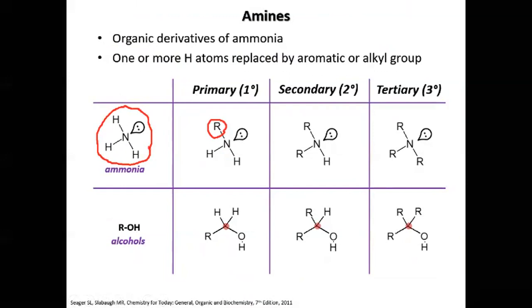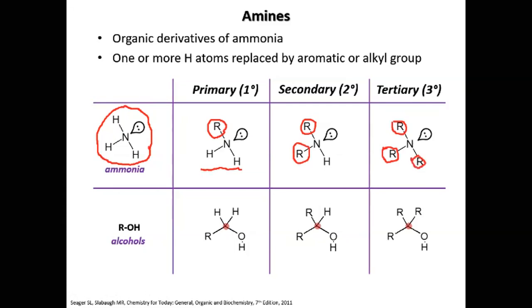So that's a primary amine. So it only has one R group on it. Secondary amine, 2 of the hydrogens have been replaced with R groups. And then tertiary has no hydrogens on it. So it's all 3